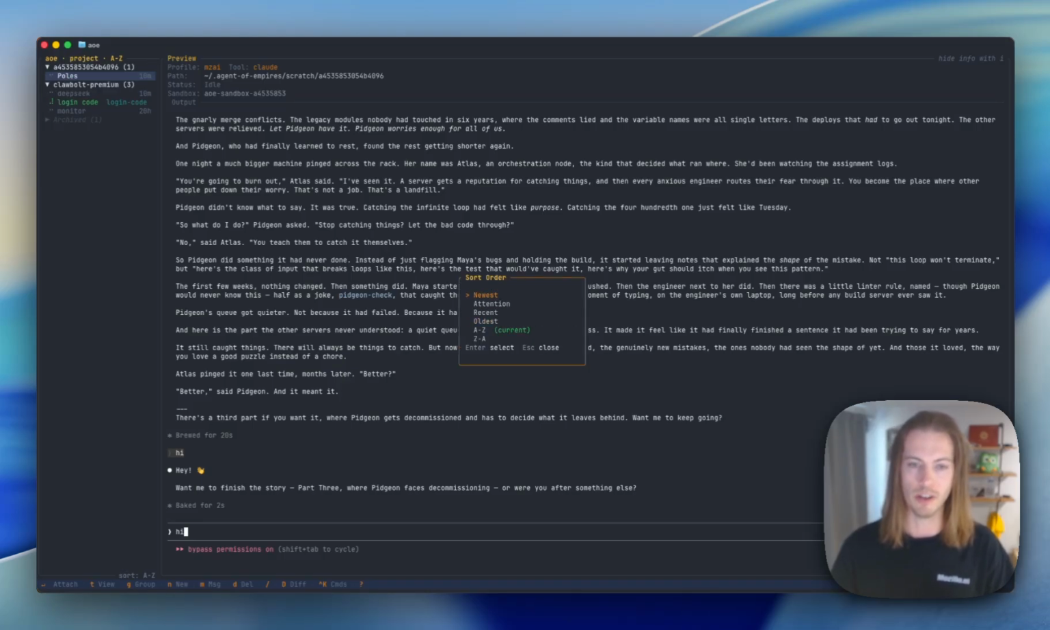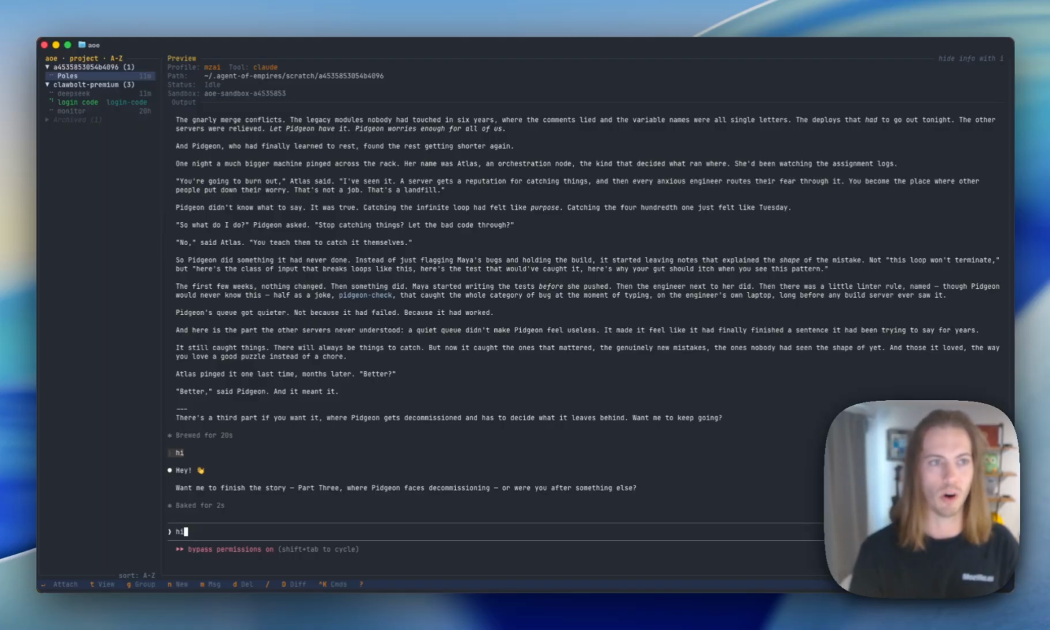So you can do the newest sessions at the top, this attention sorting, which I'll get into later, the most recently activated, the oldest ones, or A to Z, Z to A, all that kind of stuff. Just gives you a little bit more granularity over sorting. And you do that by hitting A, or O is how you open up that modal. So hopefully that gives you some nice granularity to be able to adjust and control all of your different sorting